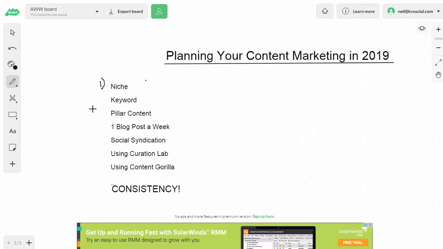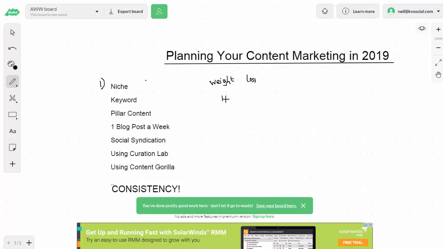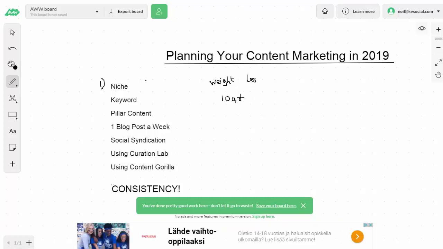If you start trying to rank for keywords around weight loss, you're not going to rank for like 2 years, because the people out there that have big teams, that have lots of money in their pocket, are constantly marketing for really high viewing keywords and keywords that are a lot more valuable, right? So for example, if I try and rank for weight loss, I'm not going to rank for it easily at all. Let's say weight loss gets about 100,000 searches via Google every single month. That's a really, really big keyword, right?